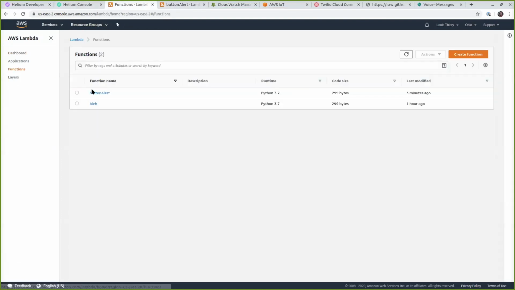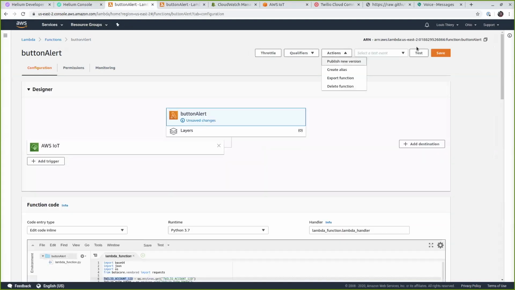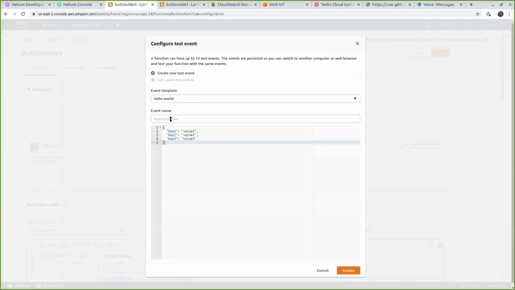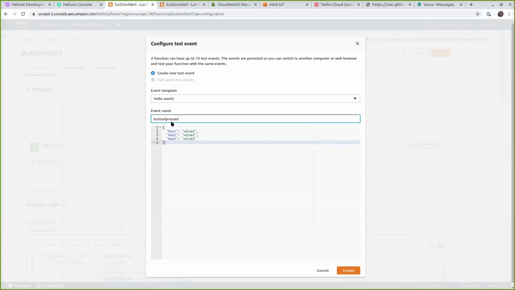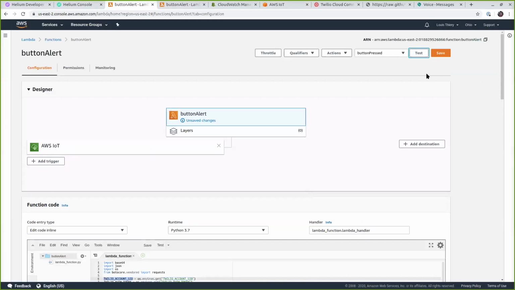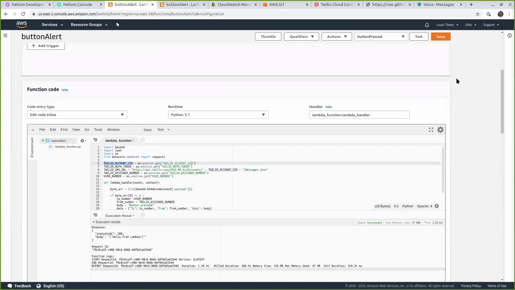I go to my Lambda function, go to my button alert, and they have this cool thing where you can rig up a test. So I'll just do that. I know this event represents a button being pressed, so I'll put this here. I'll create it. Now when I do that test, it'll run my Lambda function, but it's injecting that payload that I just kind of invented there. And if I did this right here,